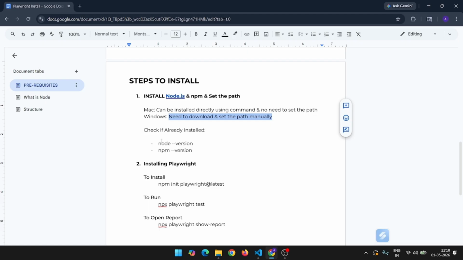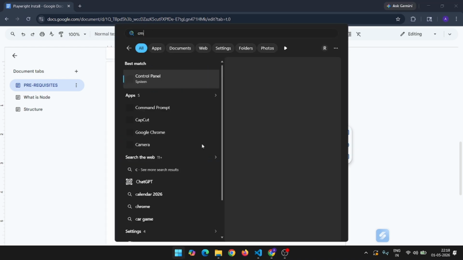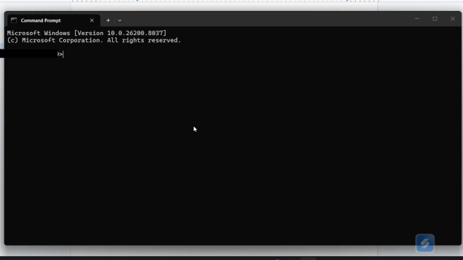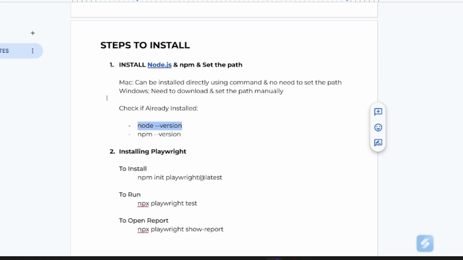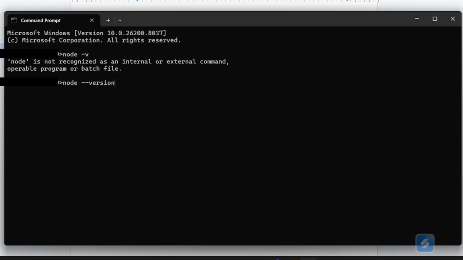There will be some cases where we have already installed Node.js and are not aware of it. So let's check the version. If you want to check the version, you can run this command. Let me open command prompt, and here I am just going to enter node -v. I'm getting a message saying that node is not recognized, which means it is not installed. If you want, I'll even try with the exact command also. If I hit it again, I'm getting the same message, which means Node.js is not installed